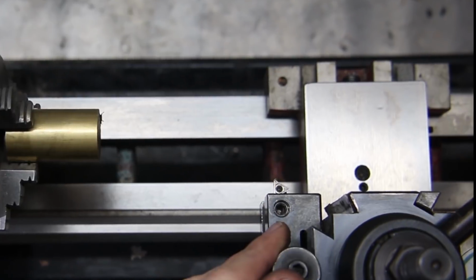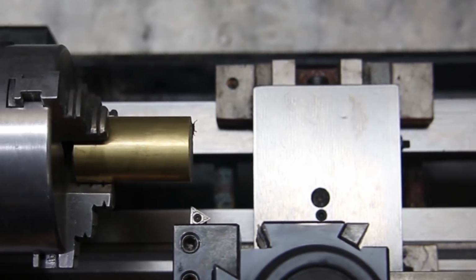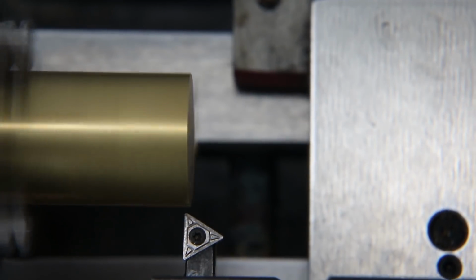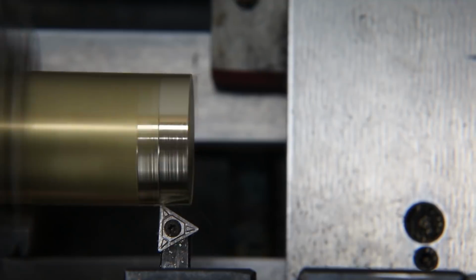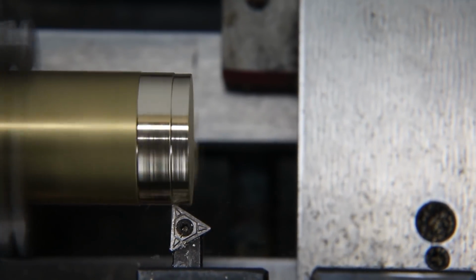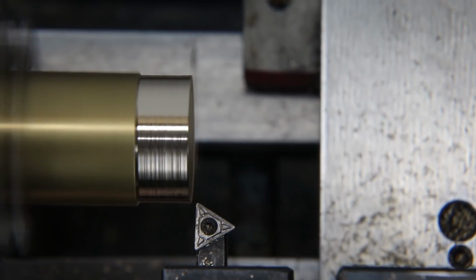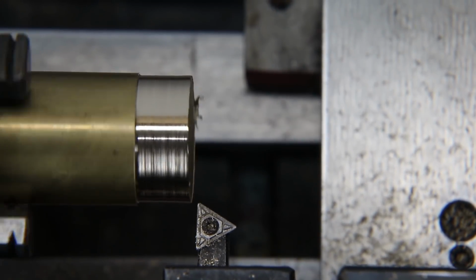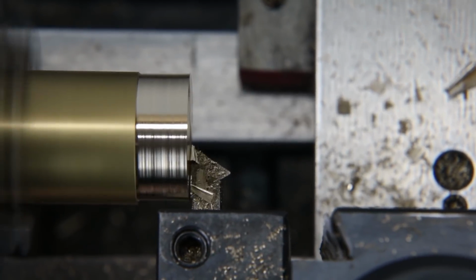Now the first step in the shaping process is going to be to trim away this outer layer of brass on here. This will make sure the piece, at least the cutaway part of it, is perfectly centered on the lathe. You can see just because it is a nice cylindrical rod doesn't mean that once I put it in the lathe jaws it lines up perfectly. So that's why you see me trimming away this outer shell, as well as the ring size. It needs to be a bit smaller than this diameter. So I'm just trimming it down to this final outer diameter that we'll need,